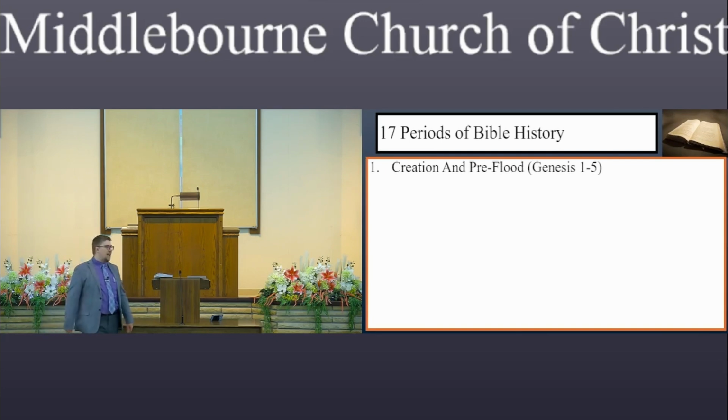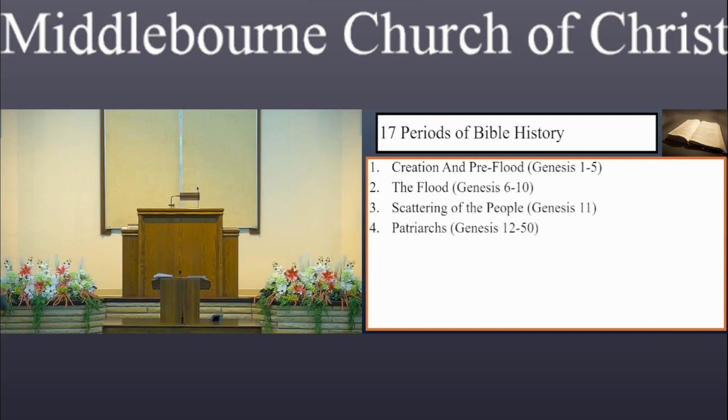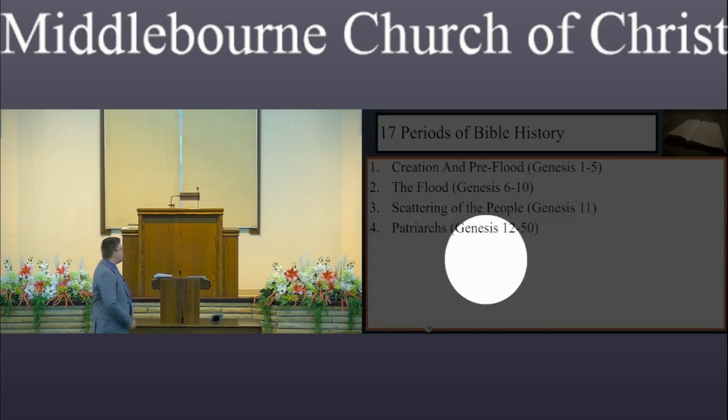The third side of that, and we're not talking about the third side of that this morning, is then we narrow it down even more. So for example, the patriarchs, Genesis 12 to 50, but I want to find the story of Abraham. I've narrowed it down to Genesis 12 to 50. How do I narrow it down further? That's where, you remember when we outline, we have our main point, and then we have our subpoints. That's where you would sort of add in your subpoints.